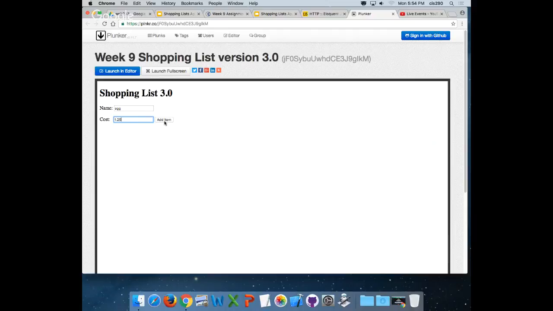Let's put 2 in here, eggs and milk. So right now, we've got 2 items, 0 and 1. So in the remove function array, if I click on this one, it's now item 1 out of the 2 arrays, 0 and 1. This is now item 0. Okay. And the reason